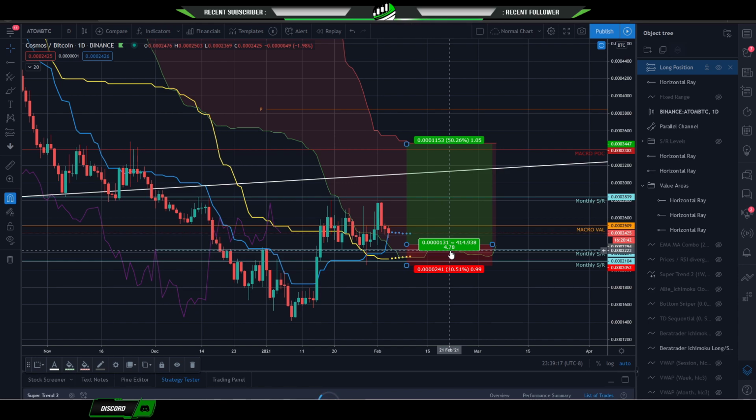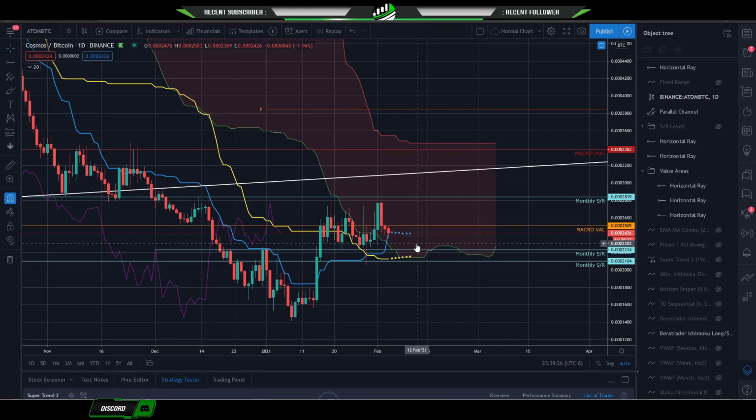So this is something you'd have to play around with. Obviously, I was just giving that as an example. You have to figure out what works best for you. But in this particular trade, that's kind of what you would be looking for as far as Ichimoku goes, your edge to edge. But you have these other levels that,